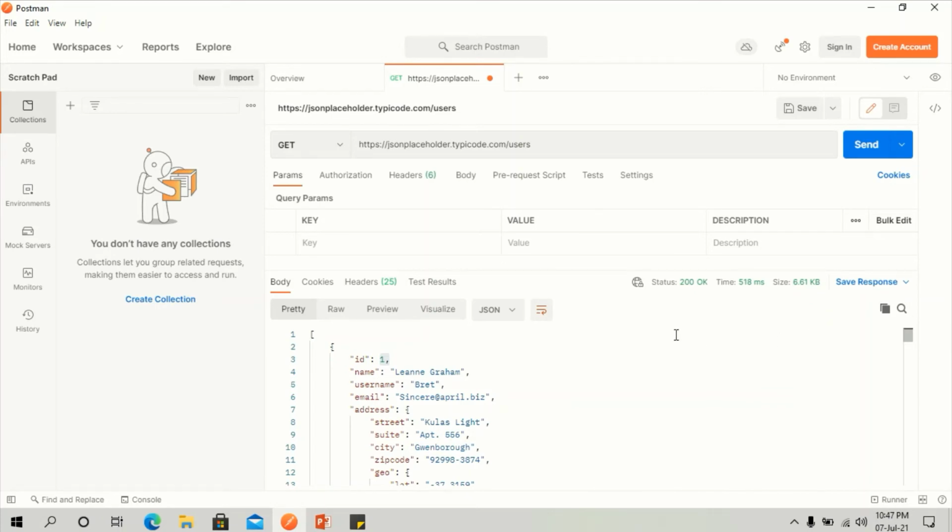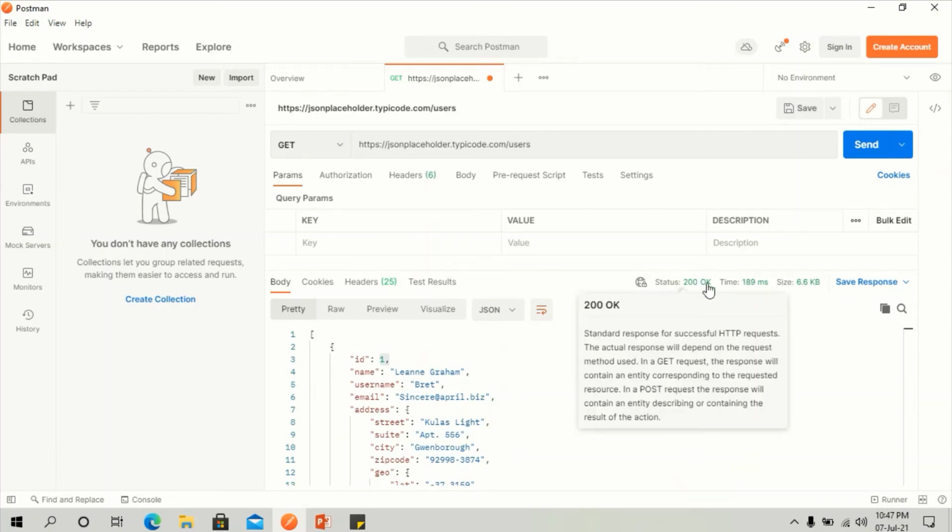So here we can see the status is 200 OK, whatever we hit. Let me hit again. So here you can see the status is 200 OK, which means it shows the response for a successful HTTP request. A status code defines the status of the request. On entering a URL, a mistake can be typed in the URL, or there may be any server side problem. Status code is used to know what went wrong and where you made a mistake.